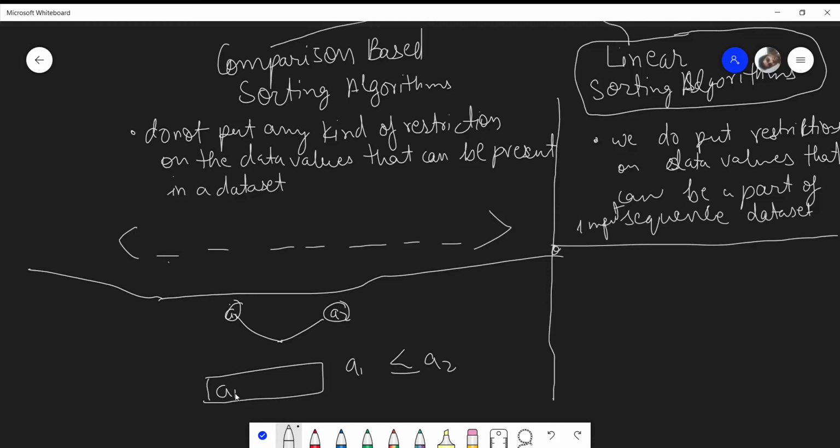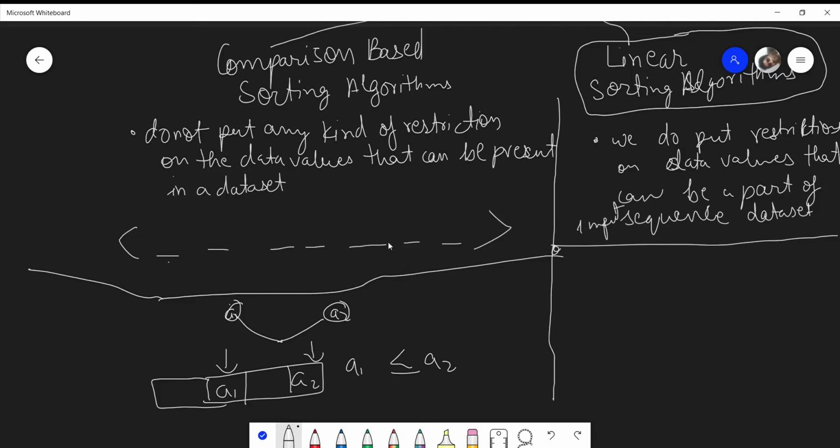So by doing this comparison, we are extracting the information that in my final output sequence, A1 will come first and then A2 will come after this.